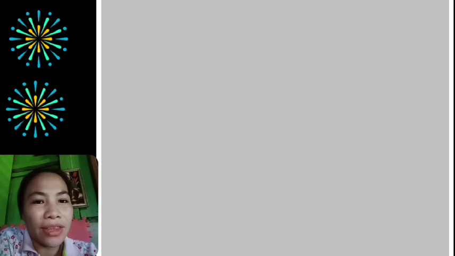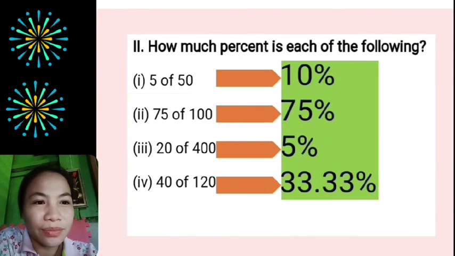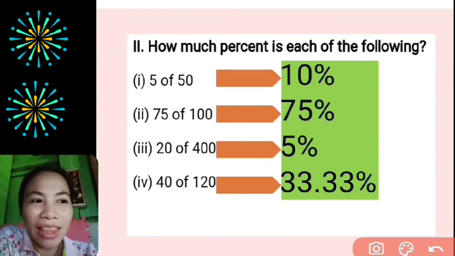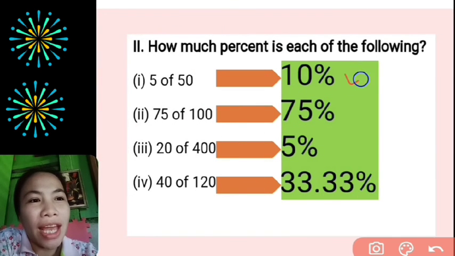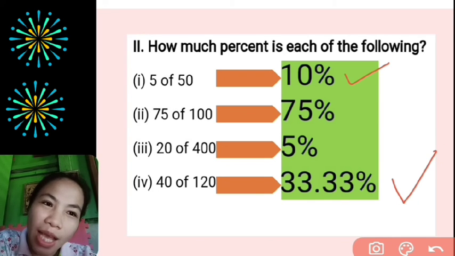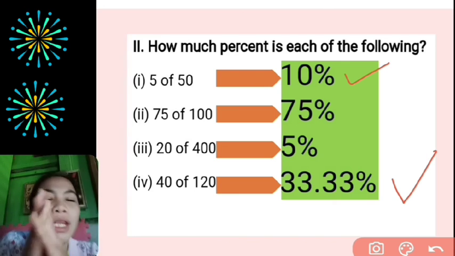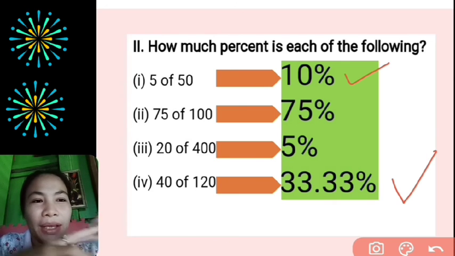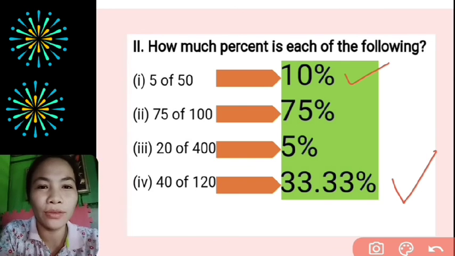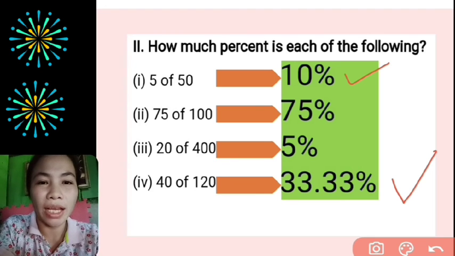The first is 10% and the fourth is 33.33%. Alright, we got the correct answers: 10% and 33.33%. Since you already know how to compute a percent,